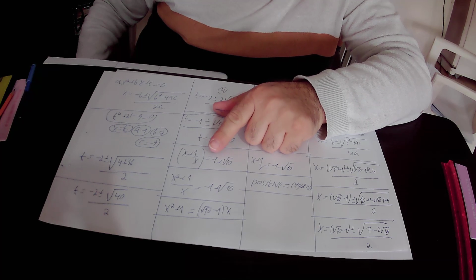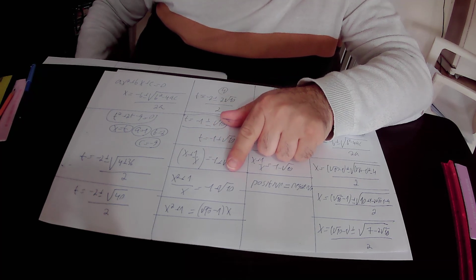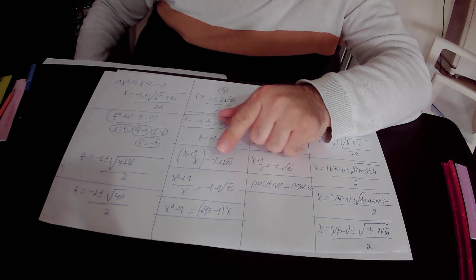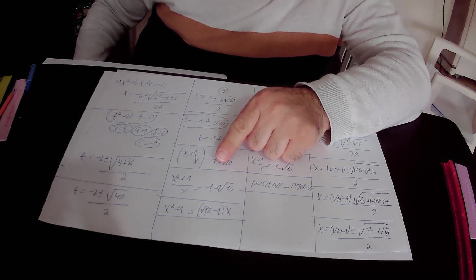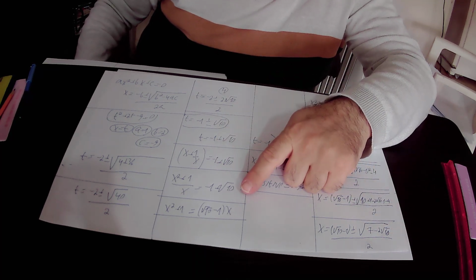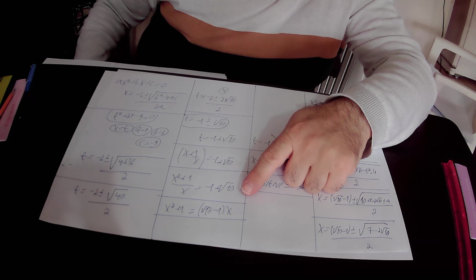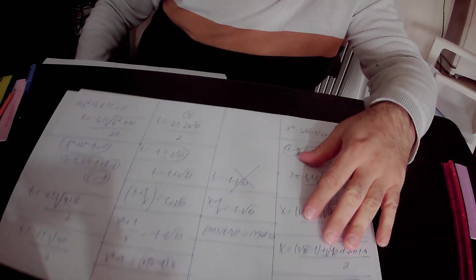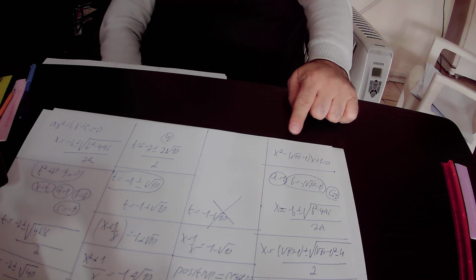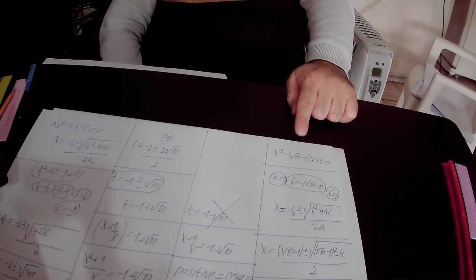And we got that x squared plus 1 over x equals minus 1 plus square root of 10. We multiplied this equation by x, and we got that x squared plus 1 equals square root of 10 minus 1 times x. Here we subtracted square root of 10 minus 1 times x from this equation, and we got the quadratic equation